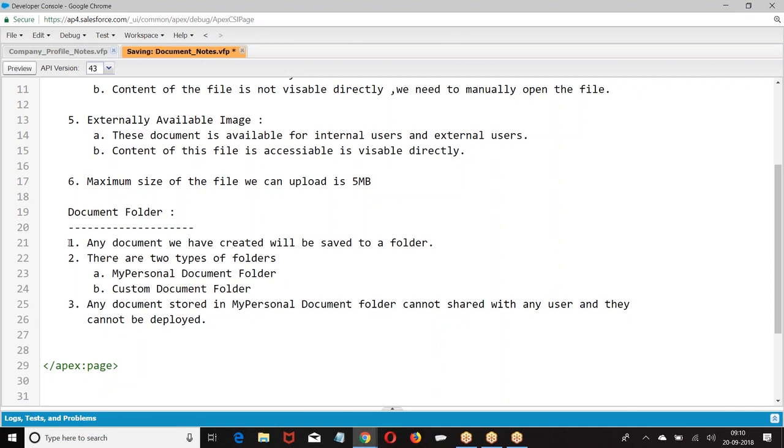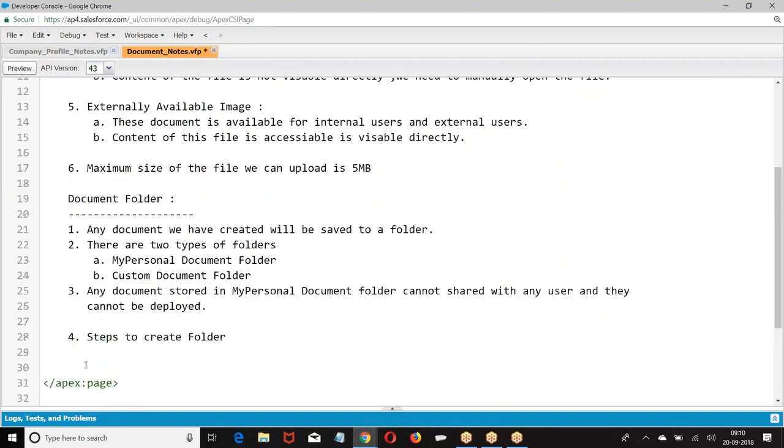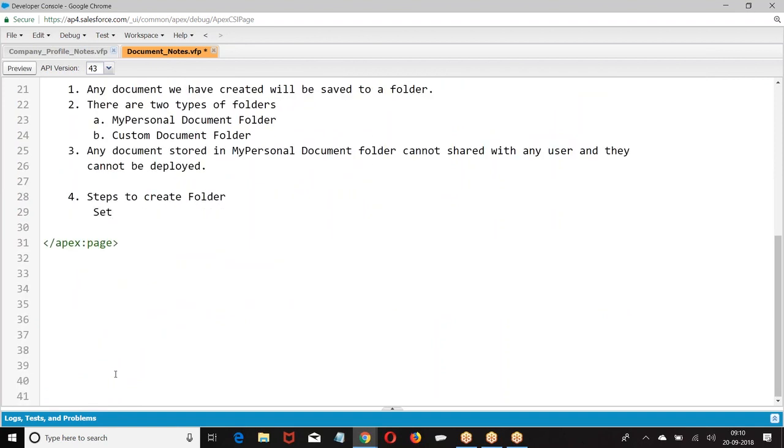So finally, how do you create the documents and how do you create the folders? Let us see. Steps to create a folder. Look at the navigation I gave.